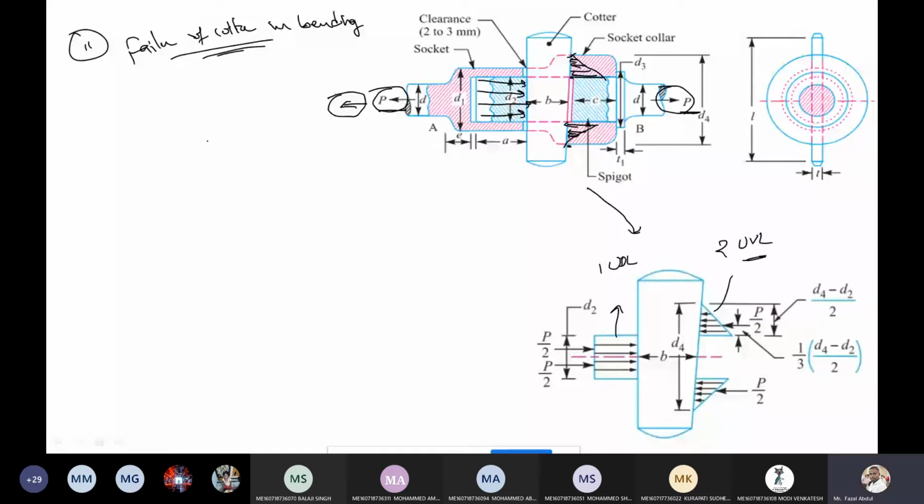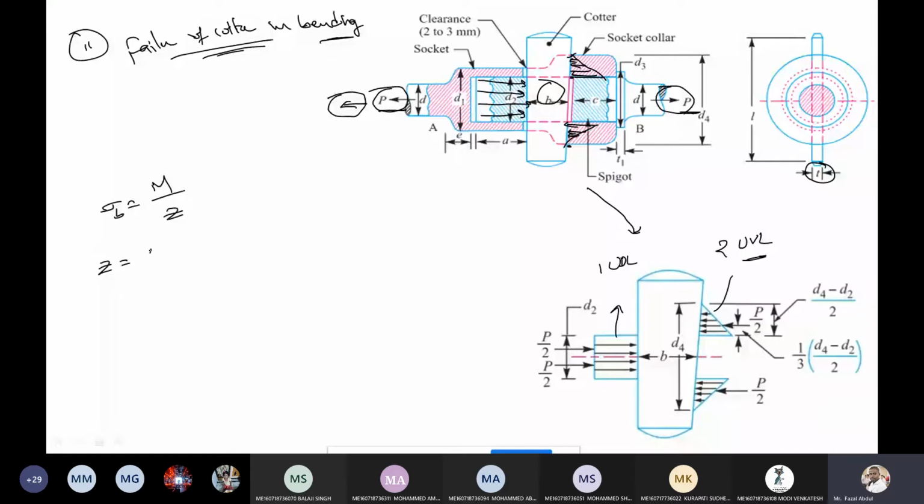We have to calculate the bending here. Failure is happening in the bending. So maximum bending stress we have to calculate. Bending stress is bending moment by section modulus. Because this quarter is having the square section having the dimensions T into B. This quarter is having the cross section. This is the T and this is the B. So for that reason the section modulus we are writing